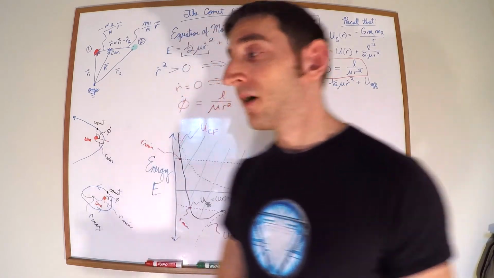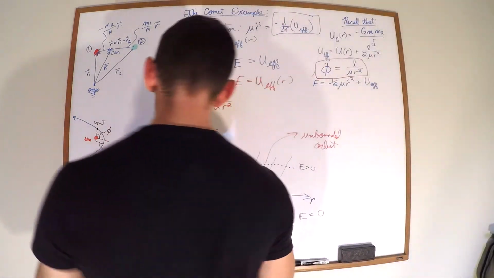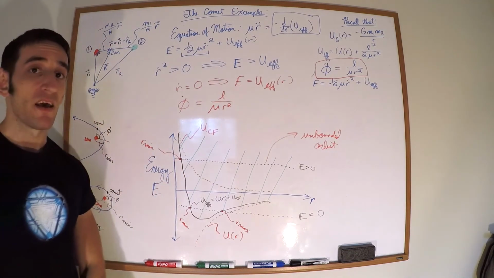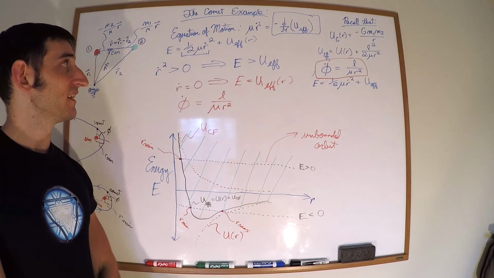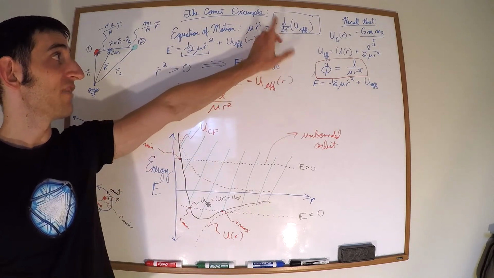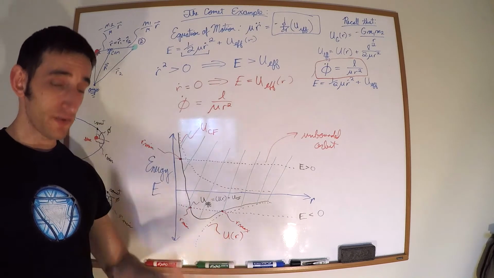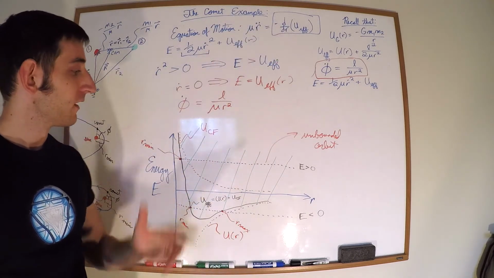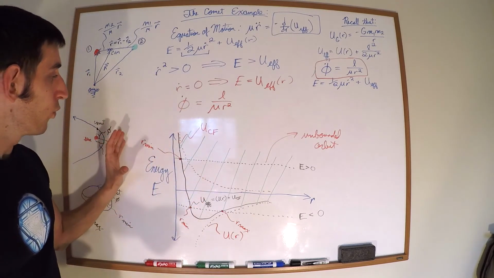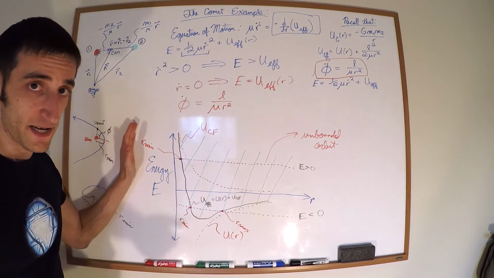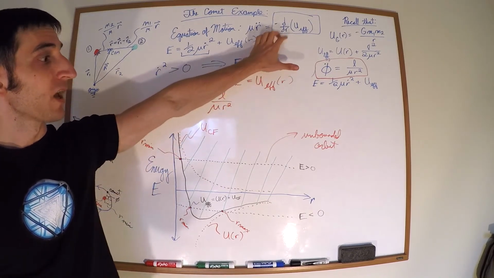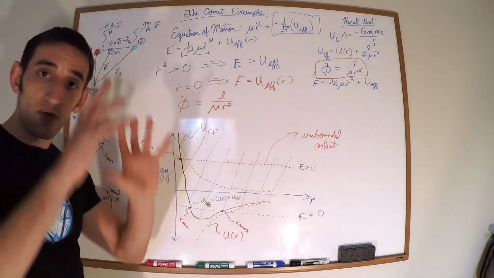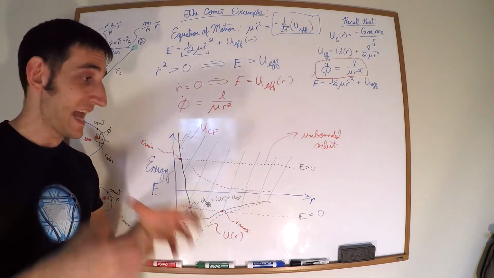Okay, so I hope you enjoyed that. I hope that gave you a clearer perspective on this problem. And what we're going to do next is we're going to go ahead and try to analytically solve this. We're going to have to use some tricks still, but it's going to be somewhat difficult. However, we know what we expect to find. So when we solve this and we get an equation of motion of where the planet or the comet is going to reside in the orbit at any given time,